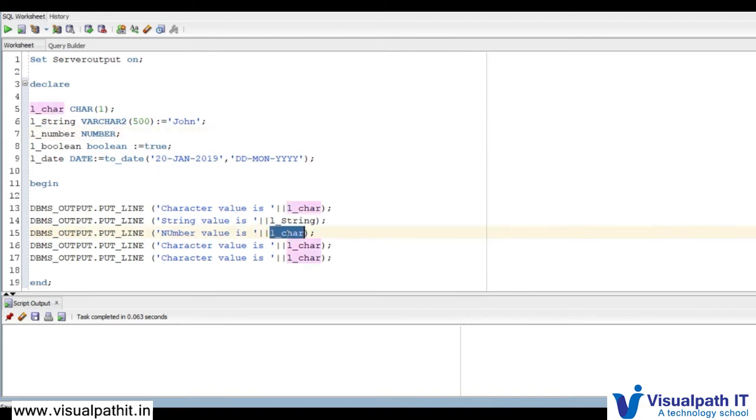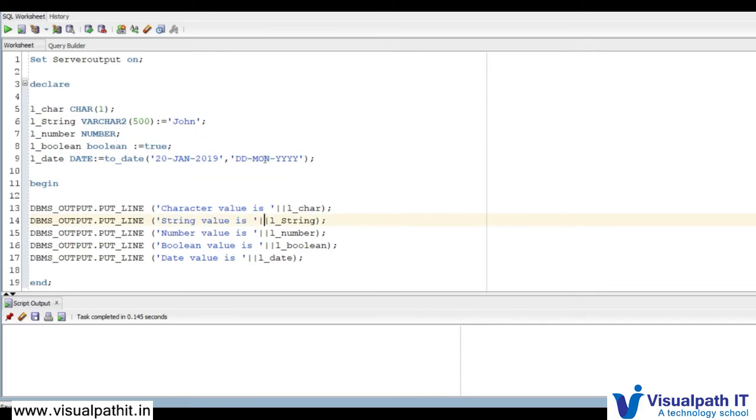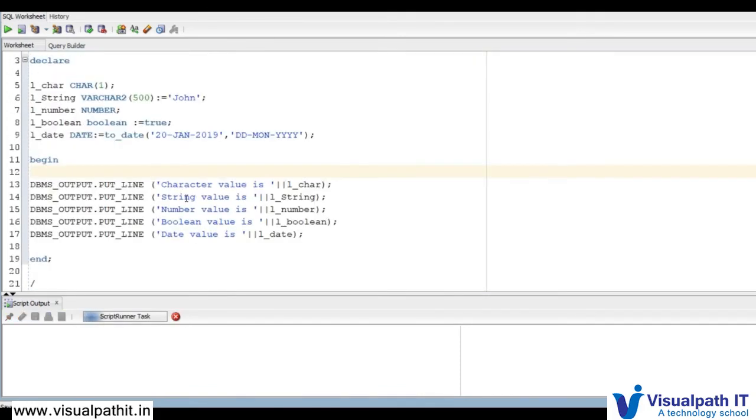We are simply concatenating the values whatever we have assigned. Boolean and date. Now let's see what gets printed.